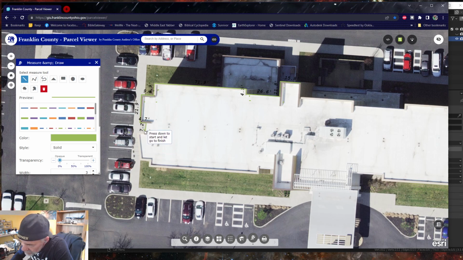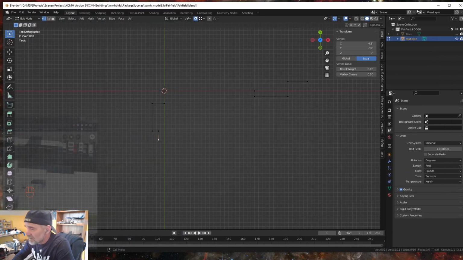This is not the edge of the building. Yes, it is. Yeah, this is a straight line from here to here. Okay, I know it is. It doesn't look like it on this image, but that is a straight line. I think I'm on the wrong side of that parapet wall, so this distance is probably 5 or 6 feet. Okay, so let's go back to Blender